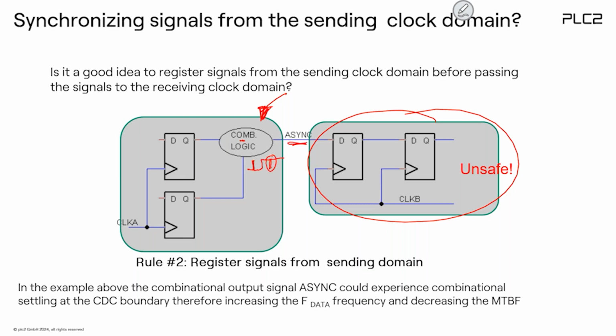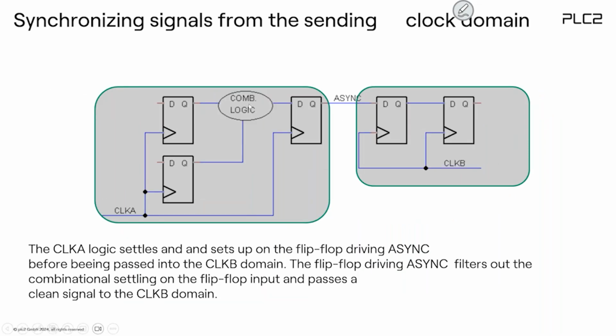In these spikes, you increase the asynchronous frequency here. This means your MTBF will go down. So don't do this, because your router will tell you this is wrong, unless you can keep it. Usually don't do this, and just add a flip-flop here, and then it will